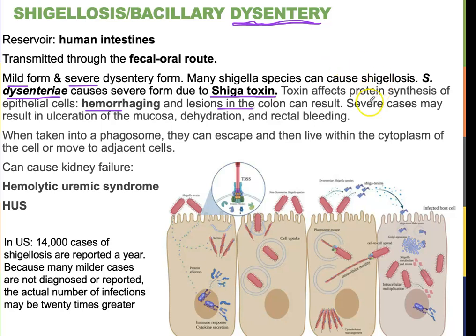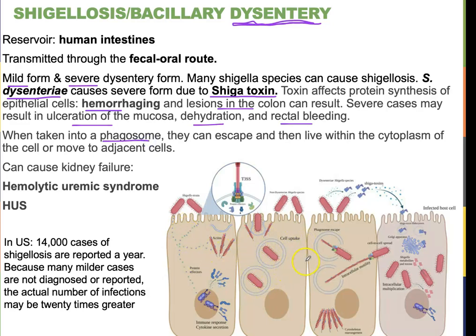The most severe cases involve ulceration of the mucosa, dehydration from the diarrhea, and of course bleeding. An interesting thing about dysentery, which is also shared with Salmonella, is that when the bacillus enters your intestinal tract, it can actually move into the cell. It's taken into a phagosome, and then it wiggles its way out,